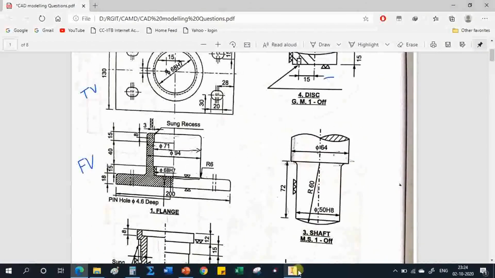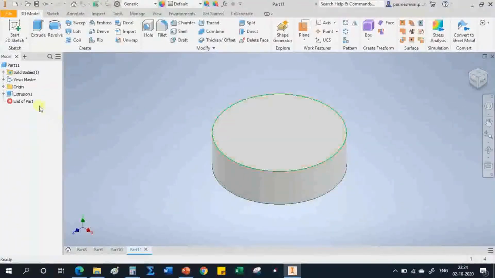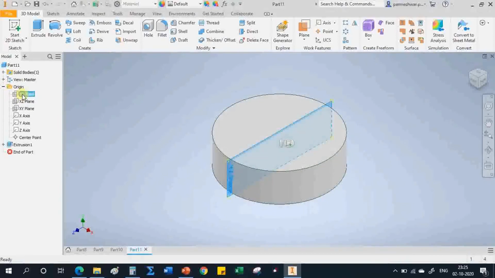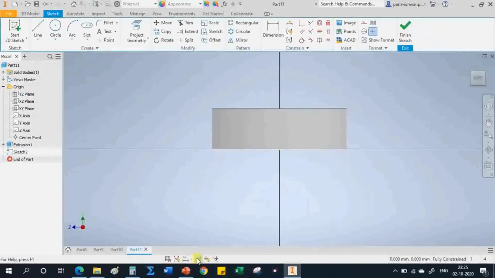So like we did for the shaft, in the same way we will do here, but here there is a slightly different method. So this is, I will select this YZ plane perpendicular to this disc, and it should pass through the center of the disc. Okay, so it is like this. Create sketch, then slice graphics.